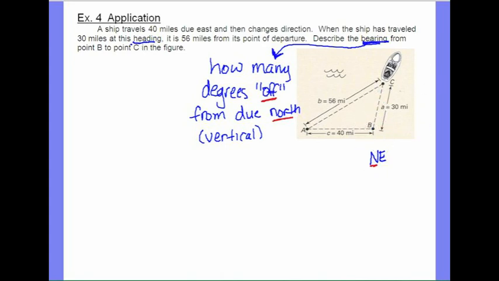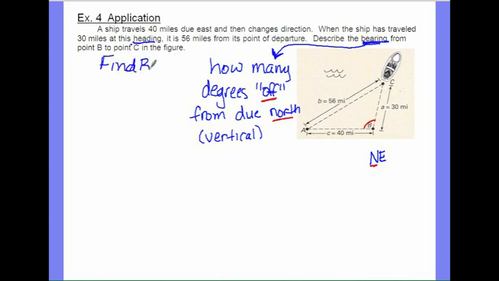So what we're going to start off doing is finding angle B right in here. That's what we need to find first. So let's see what information we have here. Can we do law of sines? Can't really do law of sines because all I know are all three sides. I only have side, side, and side, but I can